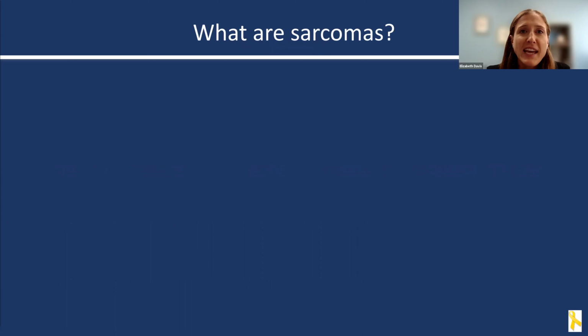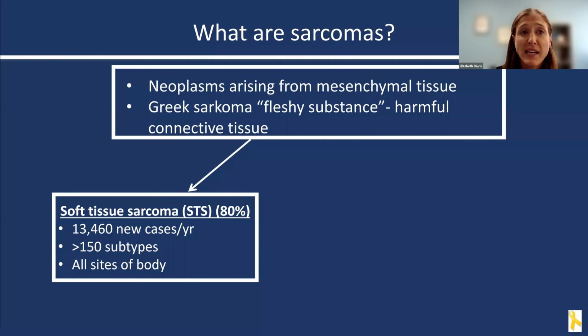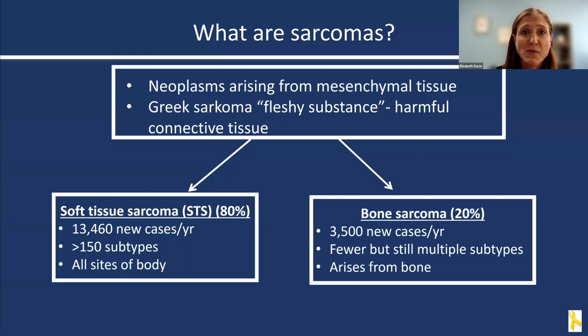As a premise for today, it is necessary to define what distinguishes sarcomas from other cancers. They are neoplasms arising from connective tissue. The word sarcoma is Greek and means fleshy substance or harmful connective tissue. Classically, sarcomas are divided into two groups: soft tissue sarcoma, which comprises 80%, and bone, which accounts for 20% of cases. Within soft tissue sarcoma, there's significant heterogeneity with more than 100 subtypes and arising from all locations within the